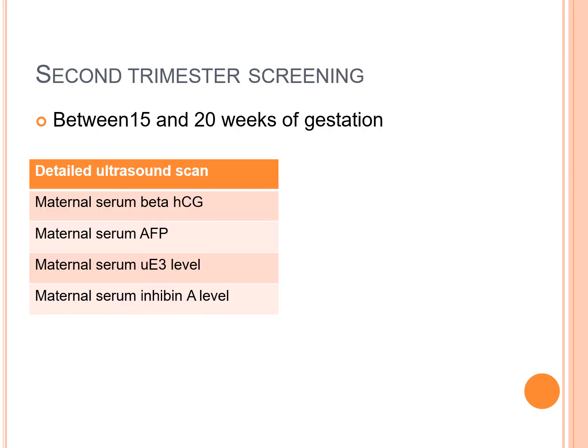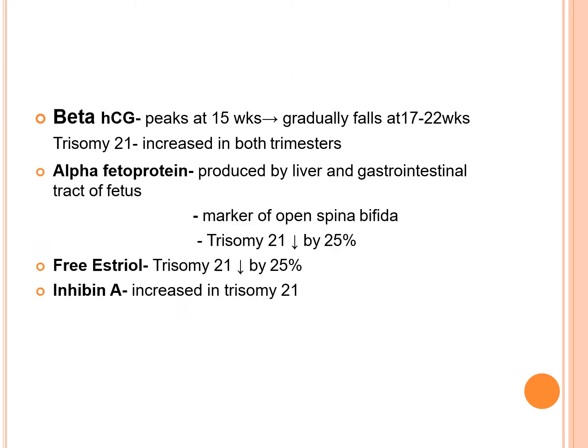Second trimester screening is done after 15 weeks. بتكون من 4 biochemical markers. Same as the first trimester scan, the beta HCG normally peaks at around 14 weeks or a bit earlier and gradually falls starting from 17 to 28 weeks. Trisomy 21 طبعا beta HCG زي the first trimester increases. Alpha fetoprotein is